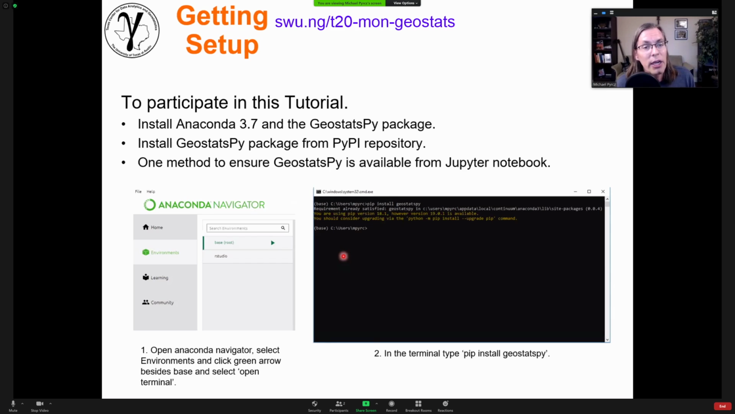The easiest way to install GeostatsPy, if you have not done it yet, is to go into Anaconda. If you're in Windows, just type NAV in the search, and you'll find Anaconda Navigator. Let it open up. It takes a little while. It's got a cool symbol that comes across your screen. Open it up, and you'll have a dialog where you can select environments. Right beside base, select this arrow, and under the arrow, you can say open a terminal. If you open that terminal, you can type